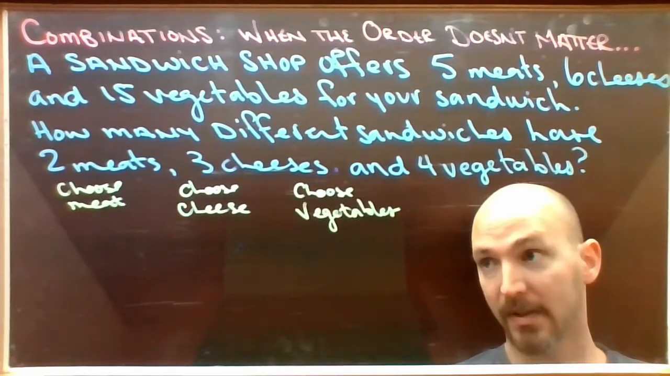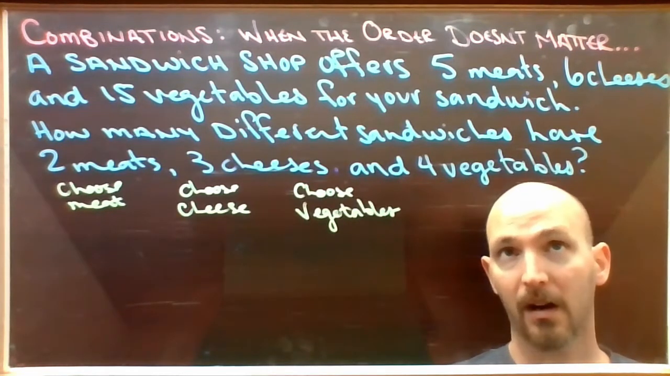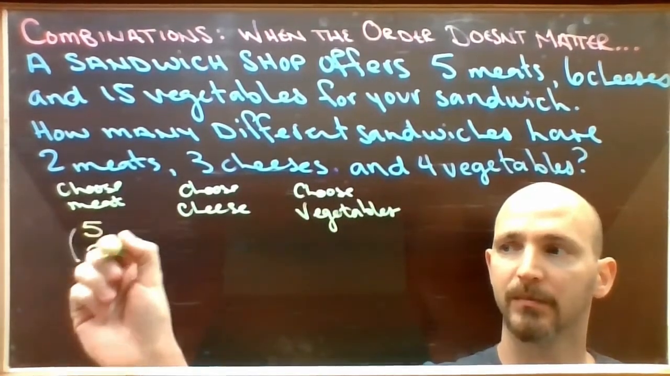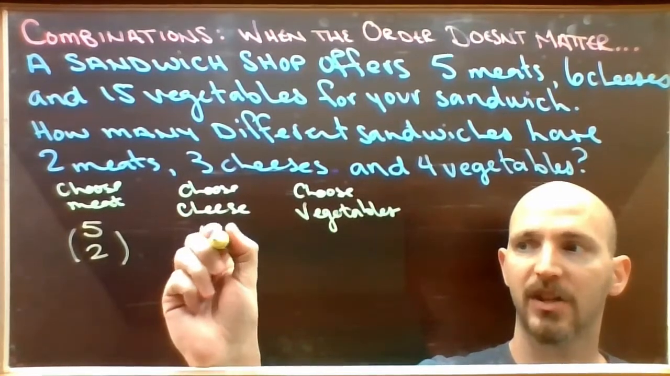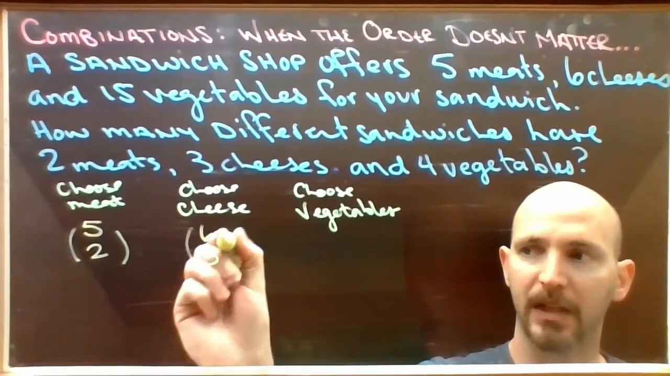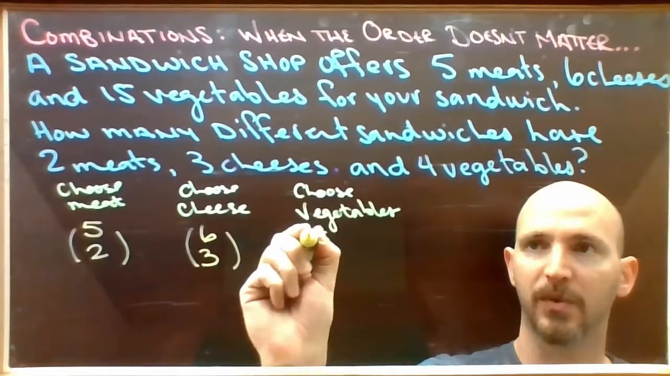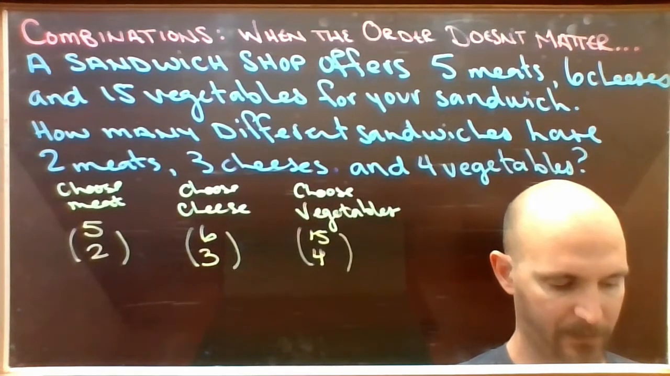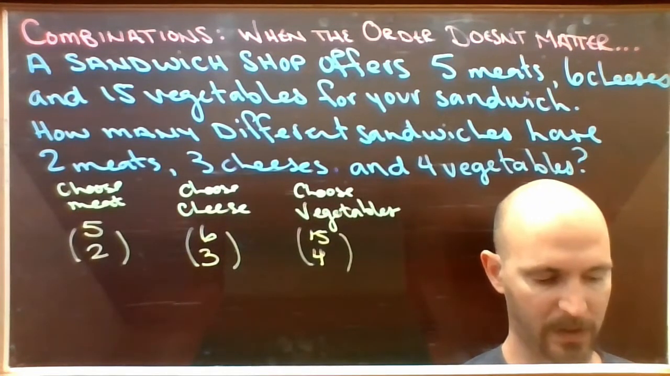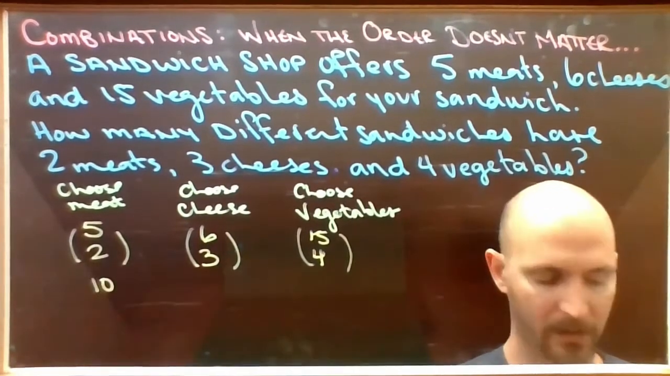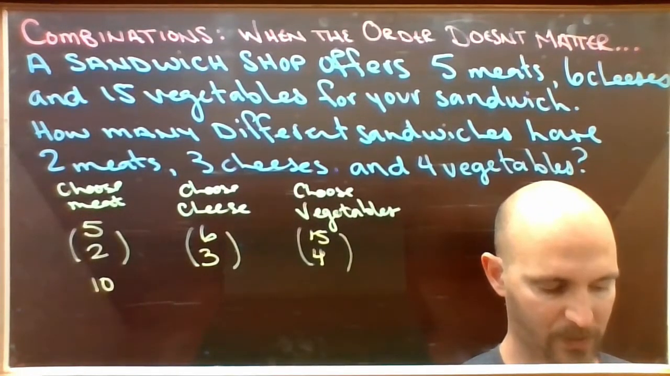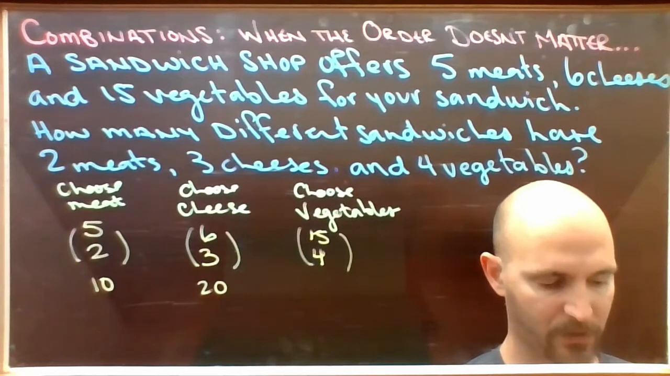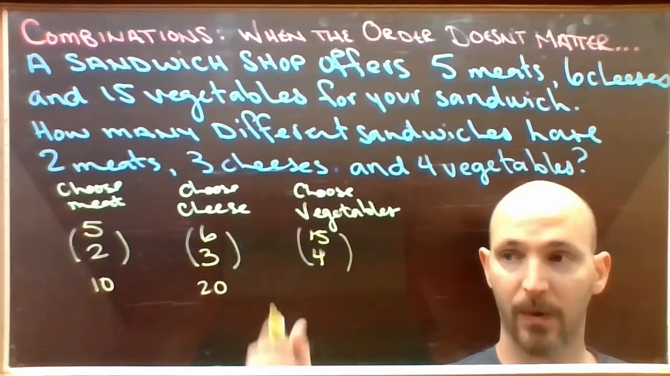So, as far as counting goes, there are 5 meats to choose from, and I'm only taking 2. There are 6 cheeses to choose from, and I'm only taking 3. And there are 15 vegetables, and I'm only taking 4. So if I grab the calculator, 5 choose 2 is 10. 6 choose 3 is 20. And 15 choose 4 is